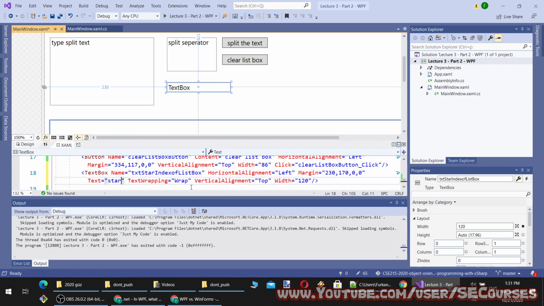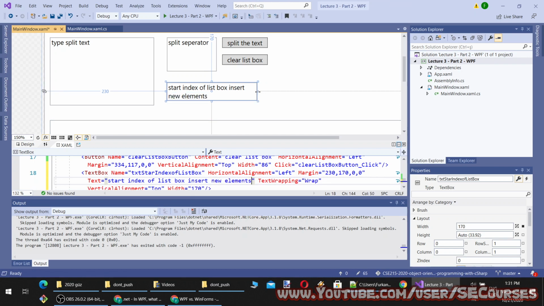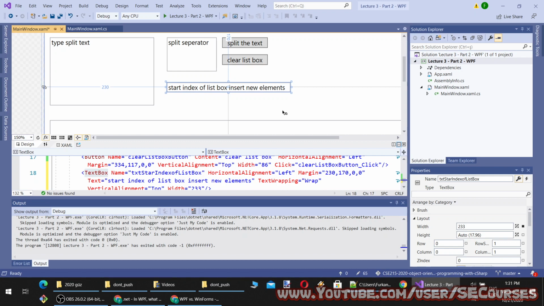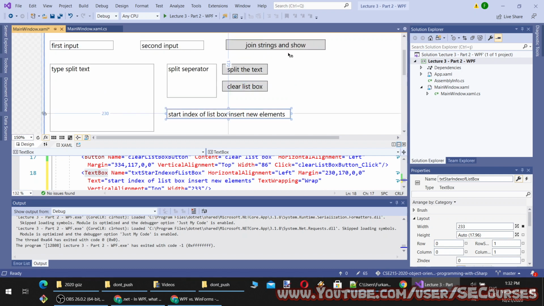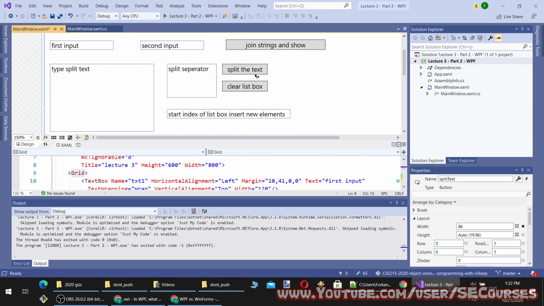Okay. So this will be the start index of this box. Insert element, and when I click the split text, it will read this, and if it is a number, it will insert to that number. Let's try it.